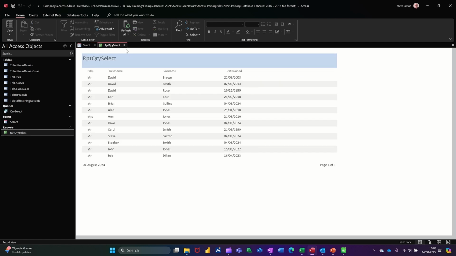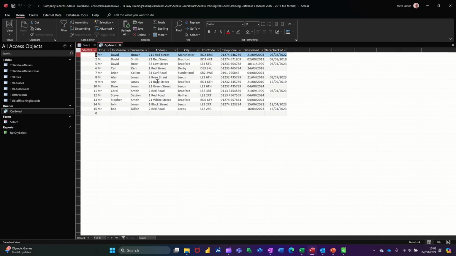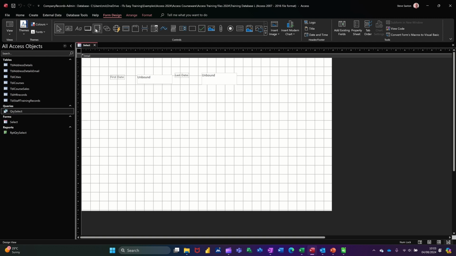Now that has picked that up if I run the report. It's picked it up now. So that's the range, the date range. So what you can do on here is create yourself a command button. So I'm going to go back into design on this. Draw myself a command button, and then I'll just use the wizard